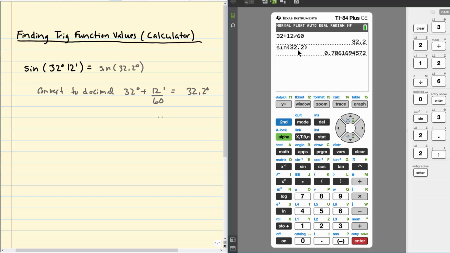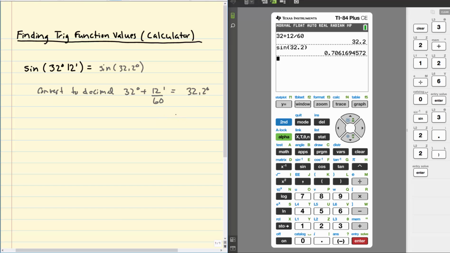Now the reason this is the wrong answer, the sine of 30 degrees is about 1/2. So this seems like it's a little bit too big. What I'm looking at up here where it says normal, float, auto, real, radian, one of the most common mistakes you can make is your calculator will be in the wrong mode. We need to be in degree mode because we're working in degrees. We haven't even ever worked with radians yet, but when we do work with radians, it's a totally different mode